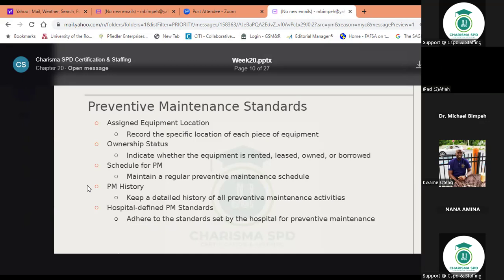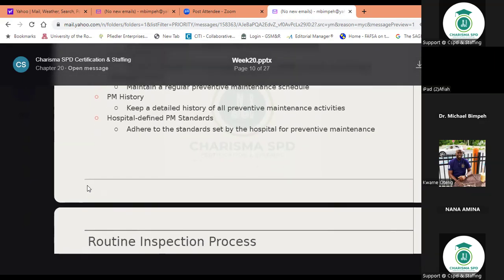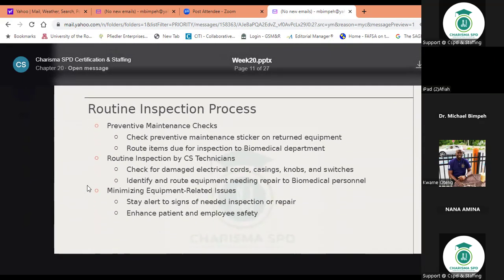Now, it should be regular based on the IFU. Then the history must be kept as well. And we must make sure that we follow the standards. You don't cut corners. If the PM is needed every 6 months, you must make sure that every 6 months the PM is done. Within the inspection process,